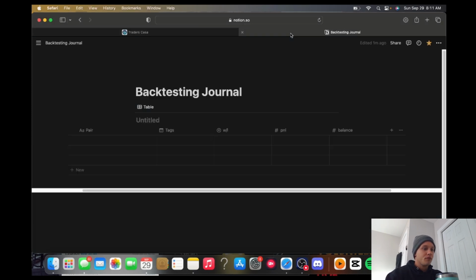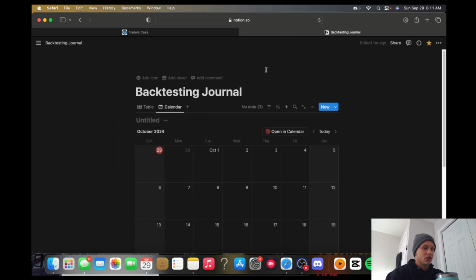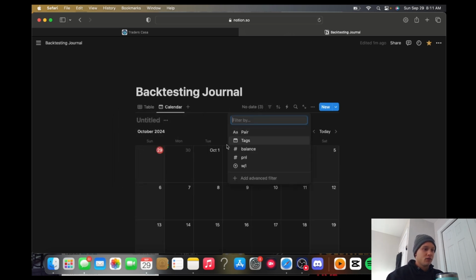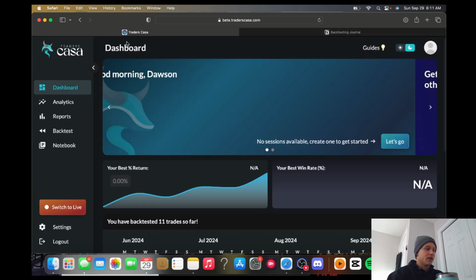So pretty much what I did is I got all of this written up on Notion. I'm actually going to do a calendar view as well so that we can see it, just like my trading notes. And then basically what we'll do is you add a pair, which we're only trading NASDAQ, and then you do the rest of it. So anyways, let's just jump right into this.